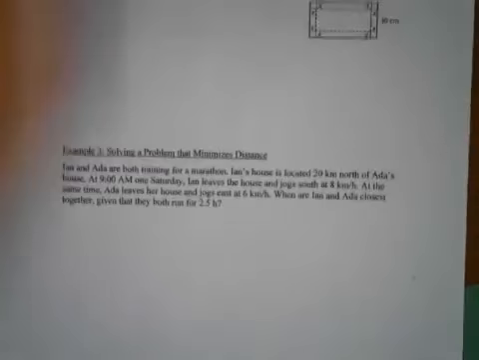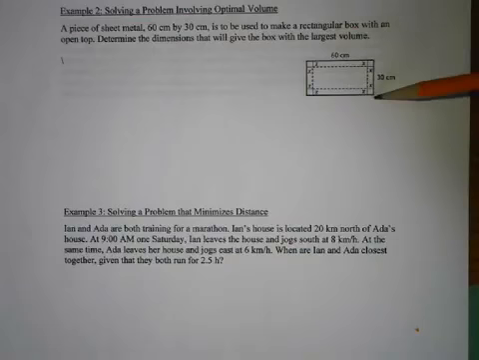Okay, the next one's also something you might remember from grade 10. You have a piece of sheet metal, 60 centimeters by 30 centimeters. It's used to make a rectangular box with an open top. Determine the dimensions that will give the box the largest volume. So if you remember this one,